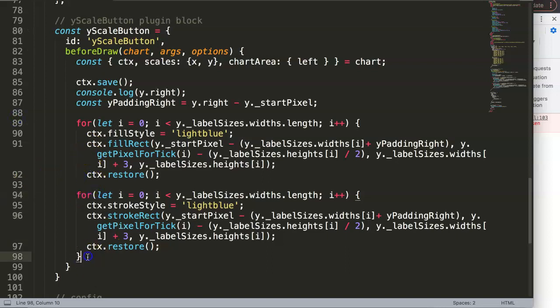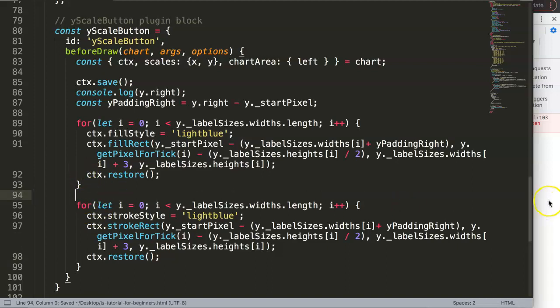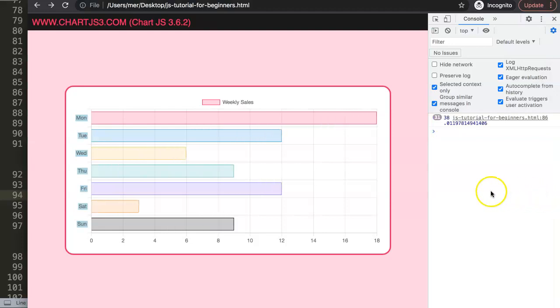Alright, we have this here. We are forgetting one of our curly braces. So save that, refresh, there we are. That was the only curly brace. And then we have here, let's see,